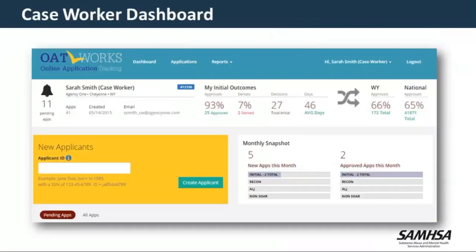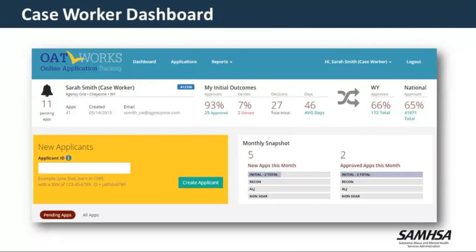So here's a quick screenshot of the Caseworker Dashboard in case you haven't seen OAT before. It's really user-friendly. We wanted to make this dashboard a place where you can go to see a snapshot of your outcomes, so you can see your own individual approval rate as it compares to the approval rate in your state and nationally.